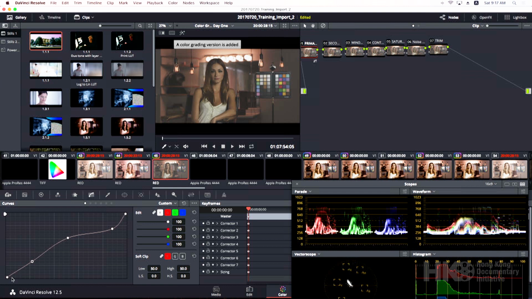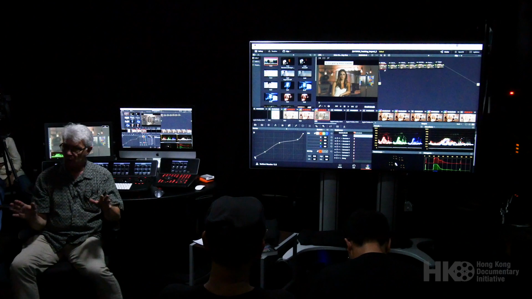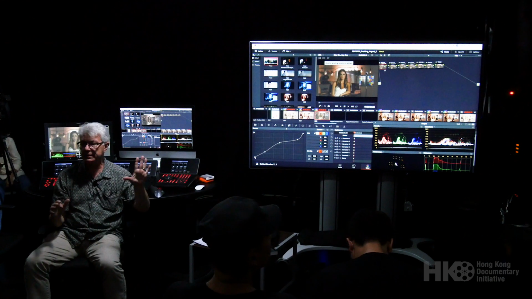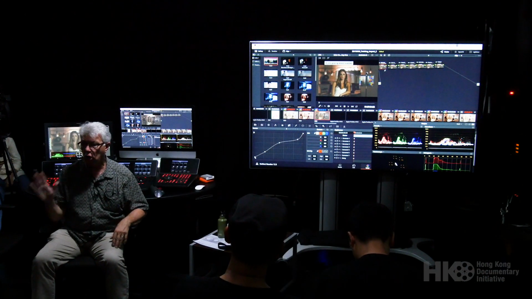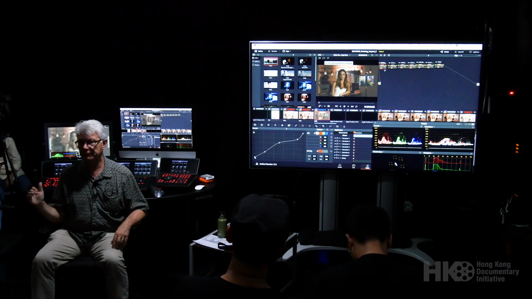You can raise black density from the bottom of the curve. So anyway, the idea of log is, raw is a different concept than log. Raw is a file format. Log is a characteristic curve of